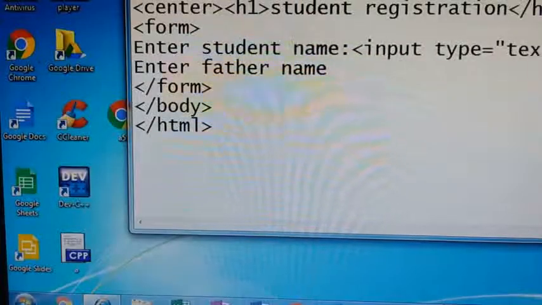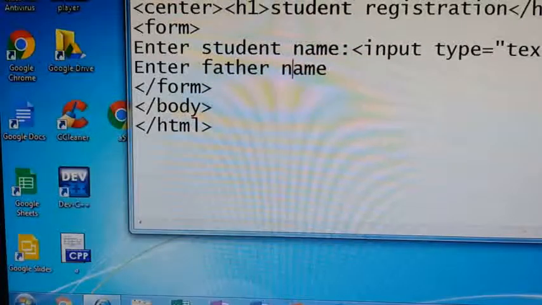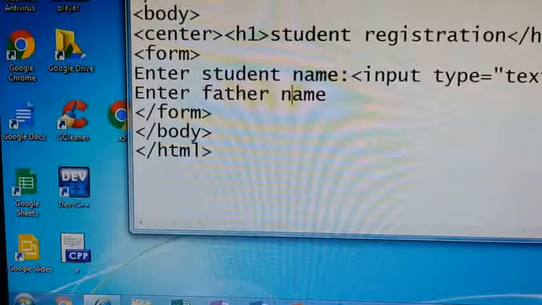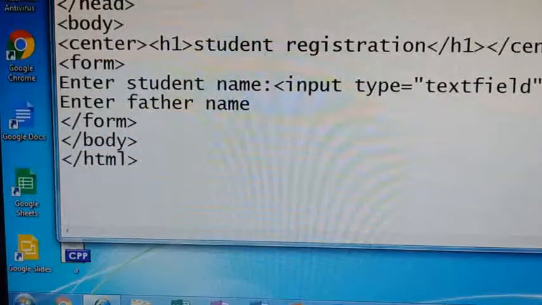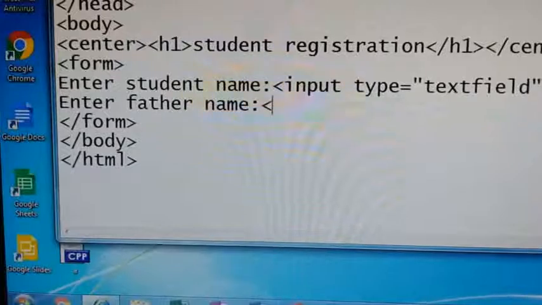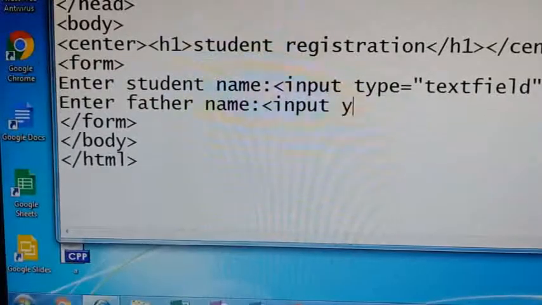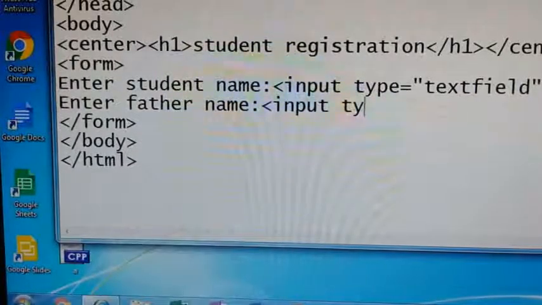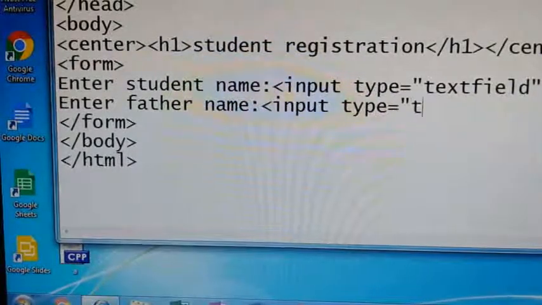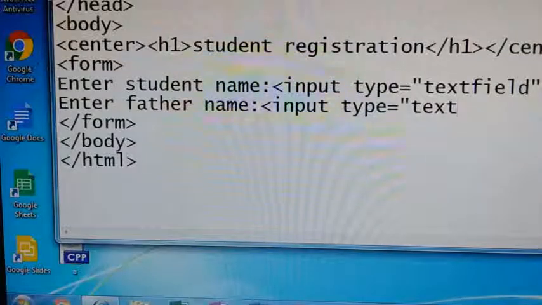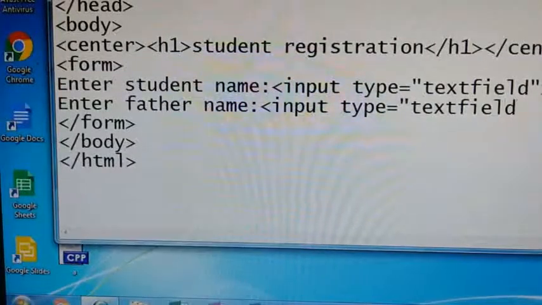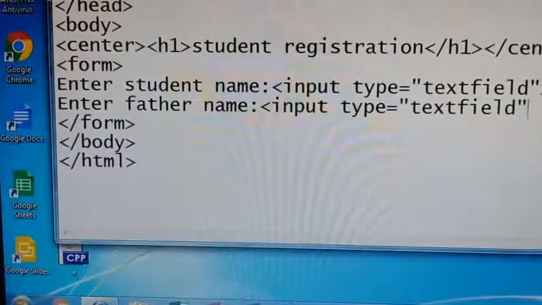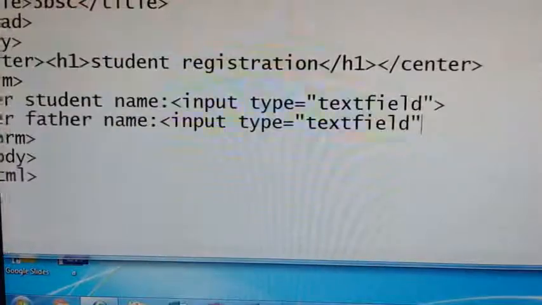Now, after that label, I want to give a text field. I want to create one rectangular box. So again, you give input type equals text field. You can give text also, it will work.